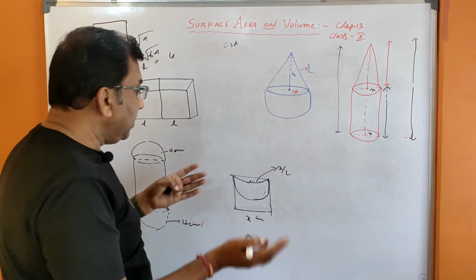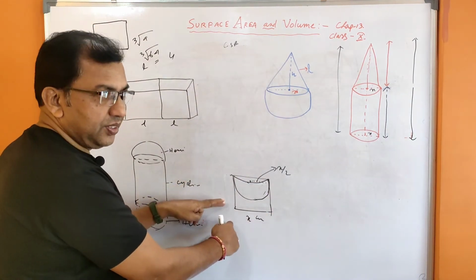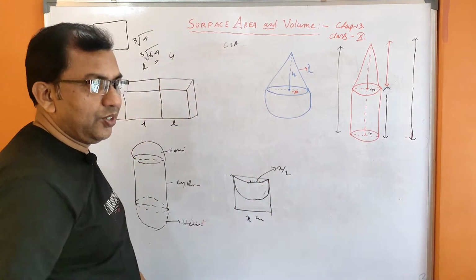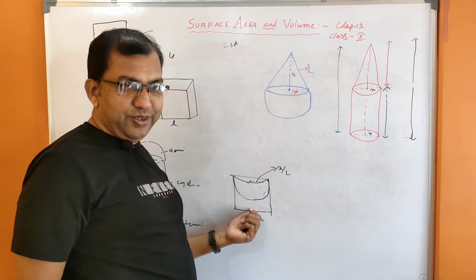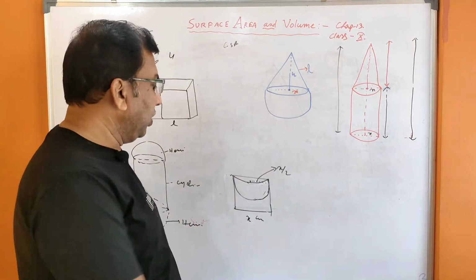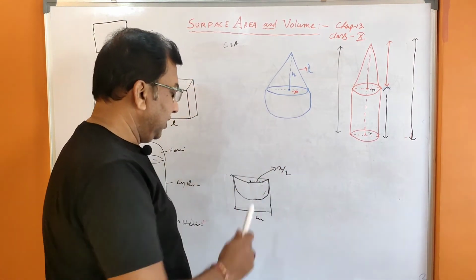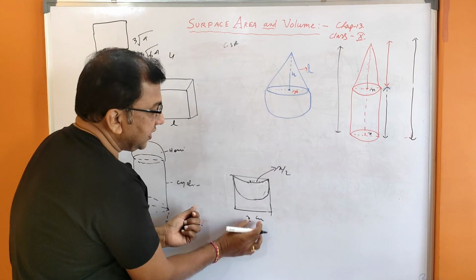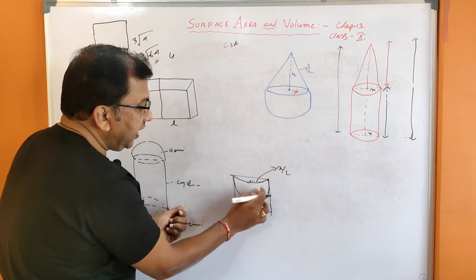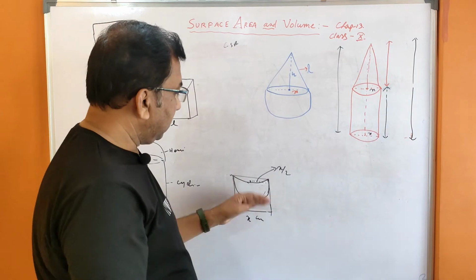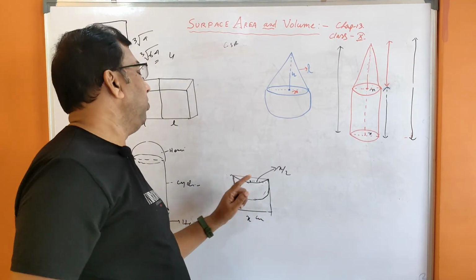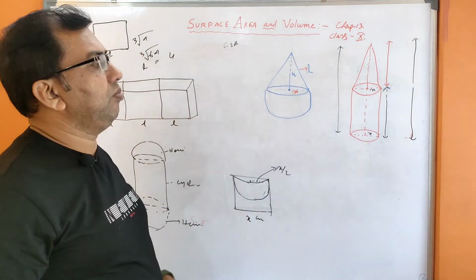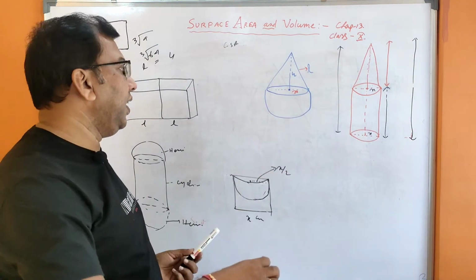Clear? And in this also, this is a cubical structure. You have to cut out this hemispherical portion. What is the remaining part? Find the volume of the remaining part. So this is the volume of the cube, and find the volume of this. If this is the total diameter, its radius will be half. If it is x, it will be x by 2. So find the volume of this and subtract it from the volume of this. The remaining portion will be easily got. So this type of problem may come. Just get the idea and do it.